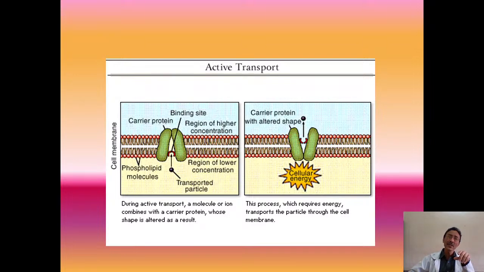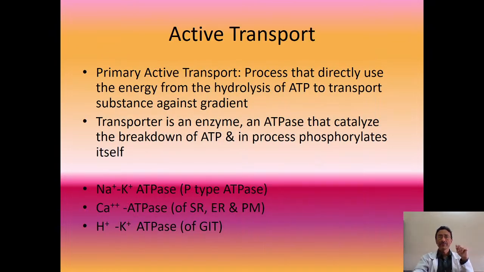And how does this activation take place? This activation takes place because once the transported substance comes and binds to the binding site, it causes a breakdown of the phosphate molecules which provides energy. Simultaneously, there is a conformational change, or a structural change, happening in the carrier protein whereby the inside gates close and the outside of the channel carrier protein gets opened, thus pushing the substance from inside to outside. I think I have explained this process very clearly. So this is one example of an active transport.